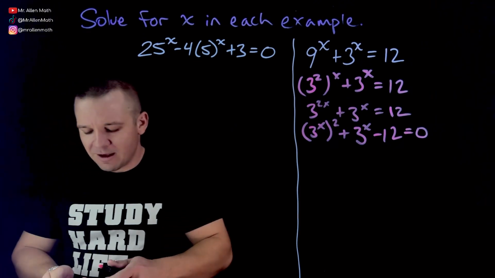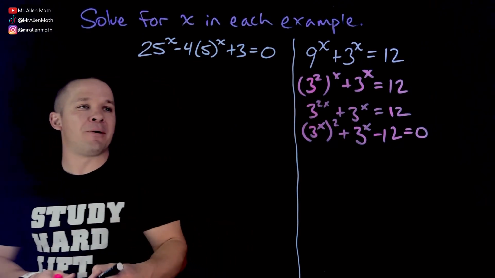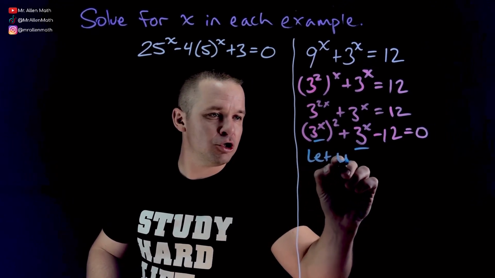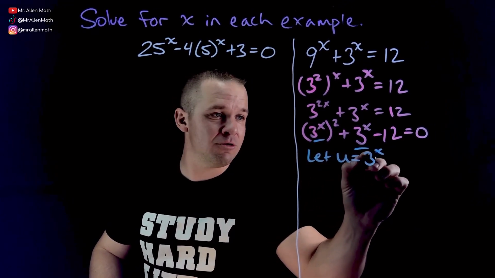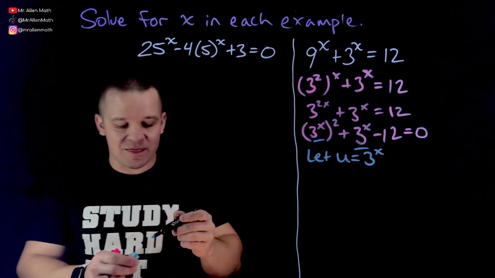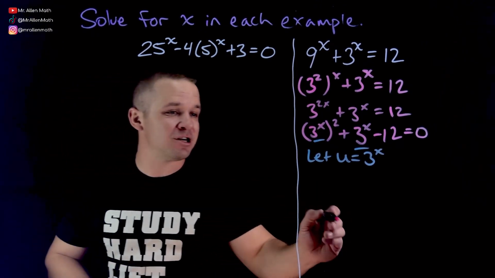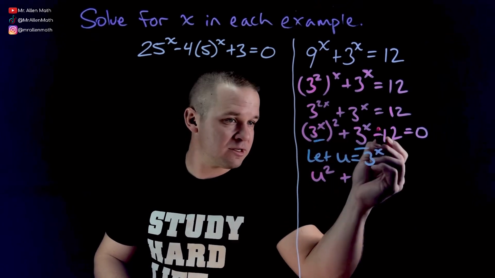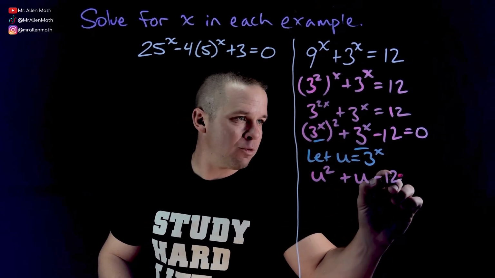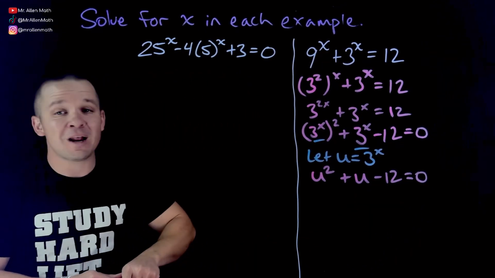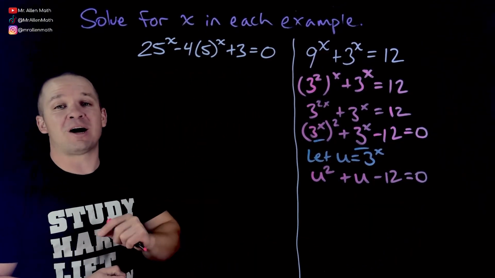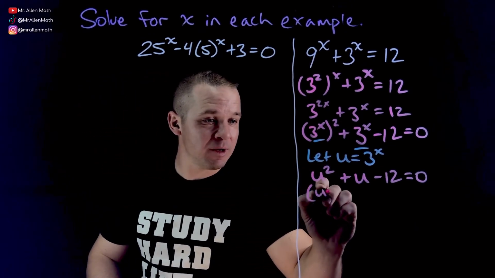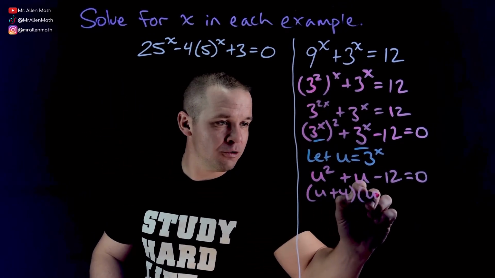Check it out. It's not always easily noticeable right now, but I do have this 3 to the x and this 3 to the x here. What if I let u, as I talked about U-substitution, let u equal 3 to the x? And then if I rewrite this equation here as u squared plus just 1u minus 12 equals 0, I can now factor this quadratic. What multiplies to negative 12 and adds to positive 1? That's going to be u plus 4, u minus 3,